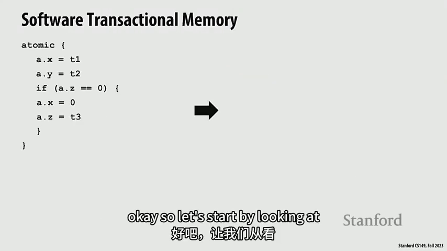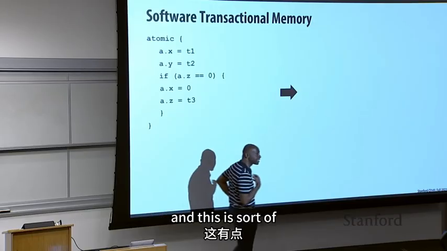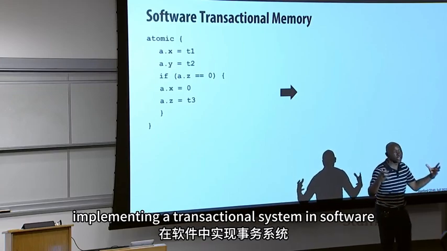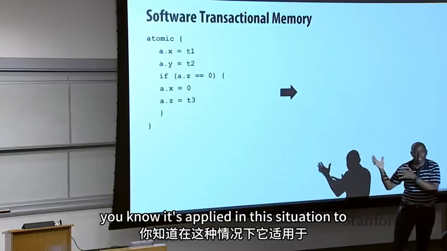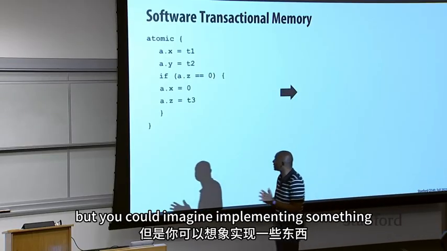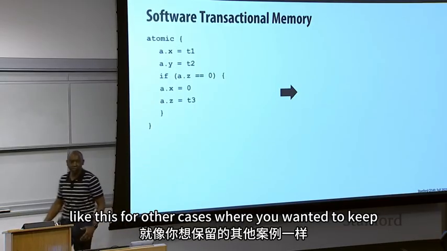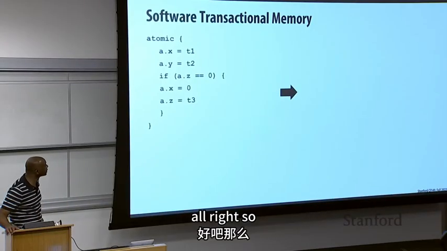Okay, so let's start by looking at a software transactional memory implementation. This is a canonical way of implementing a transactional system in software, and it's applied here to transactional memory, but you could imagine implementing something like this for other cases where you wanted to keep data consistent in some manner. All right, so